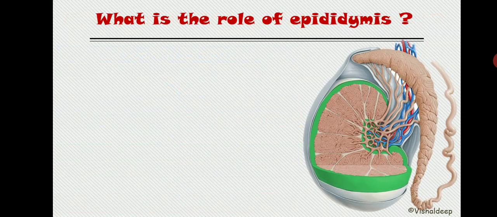Now as you can see, the epididymis has a very large tail. You can see this one is the head, this one is the body, this one is the tail, right? It is basically a 6 meter long tube. In the epididymis, the sperm take about 12 to 26 days to transfer from the head to the tail of the